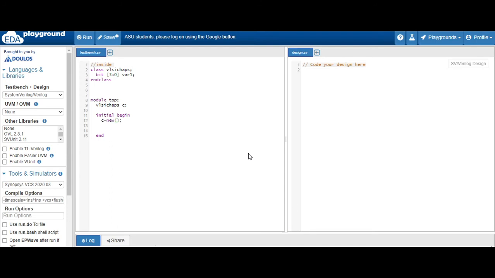We will display this value, that is, variable1 equal to %d and C.variable1, and we will close our module with endmodule. So let's select Synopsys VCS and run.